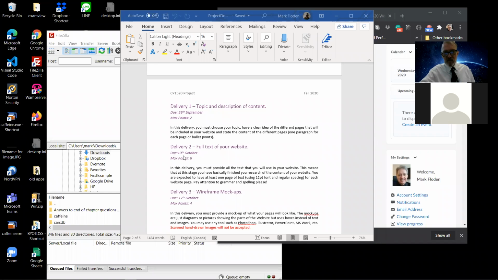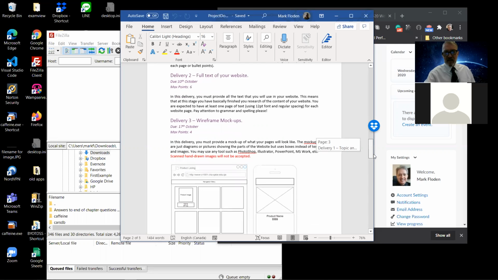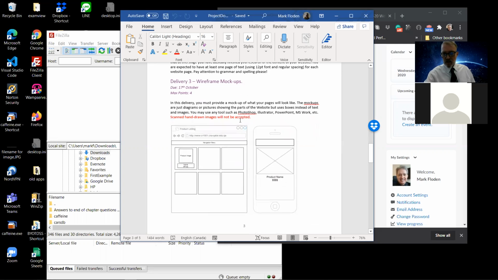Then, 2 weeks later, you have to give the text that you're going to have on each of those 5 pages, the words. And so the first 2 deliveries can be achieved just using a Word document. Actually, the third delivery also could be delivered with a Word document, but you would have to